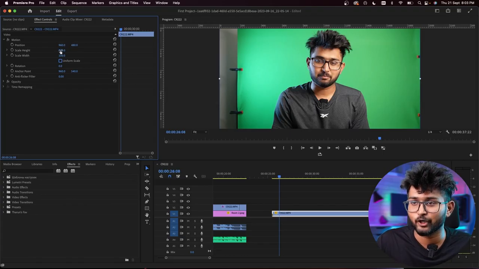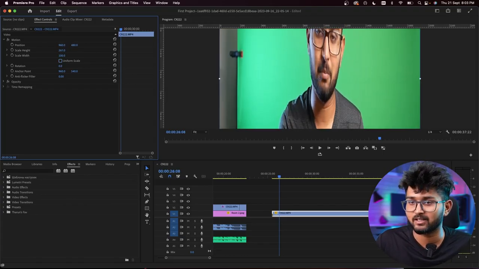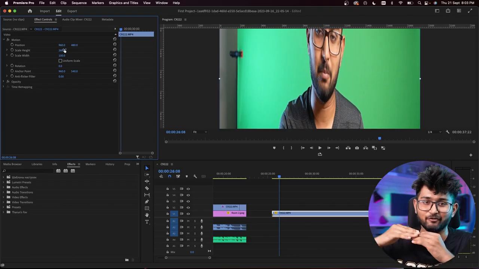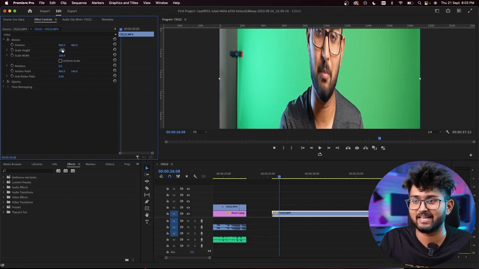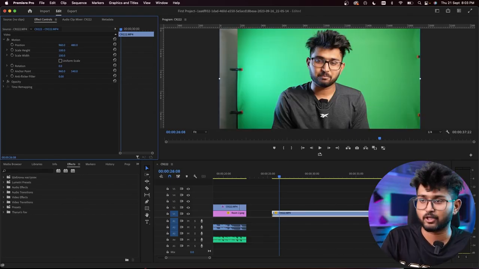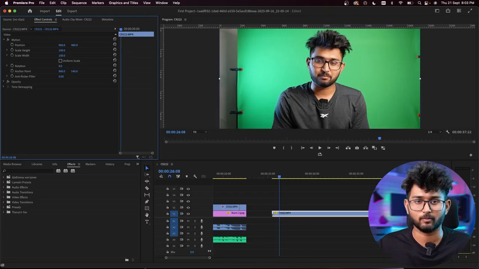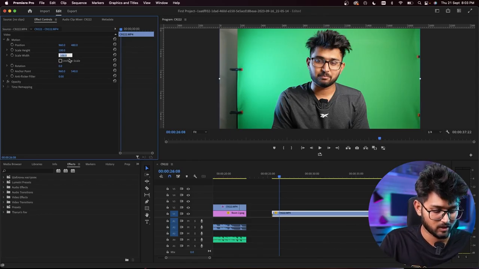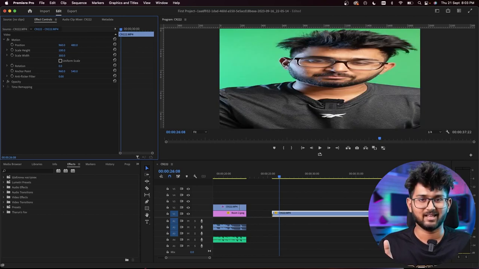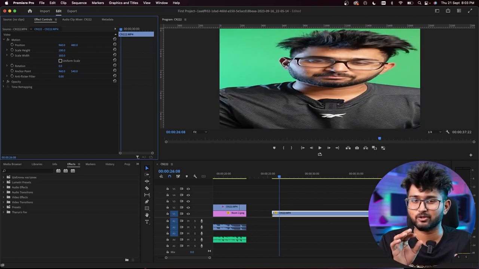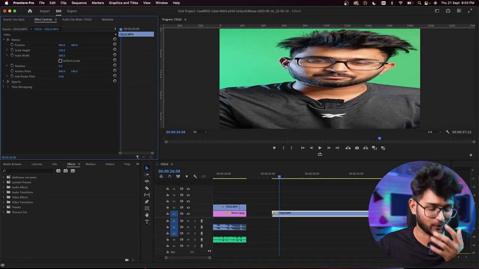I'll just expand the height. You see what's happening? Tarun is expanding in the vertical direction. If you want to stretch someone. Let me get it back to 100 again, which is normal, 100% normal. If you want to make Tarun fat, you'll just make it 300. It looks a bit odd, it looks a bit bad, but yeah, this is how you do it.